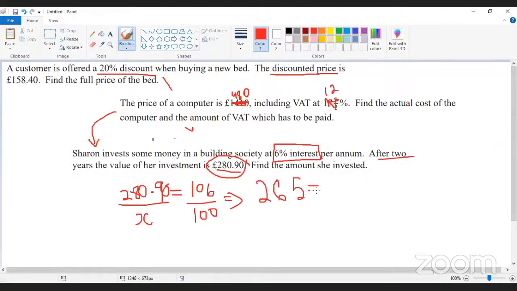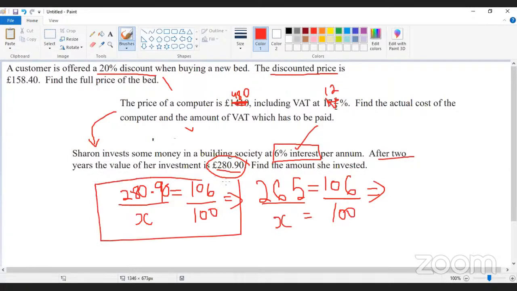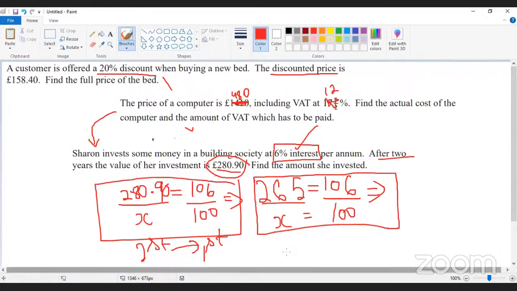So when I reach the first year, again, every year he is getting 6% interest. Is it yes or no? So for this year also you have received 6% interest. So I'm finding again what was the initial amount. Going from the second year to the first year, this is also 6% because every year the percentage is the same. The only thing is the investment remains the same, where the amount keeps increasing. So here, from the first year to the initial value, that means what was the invested amount.